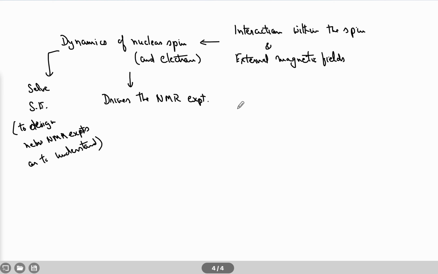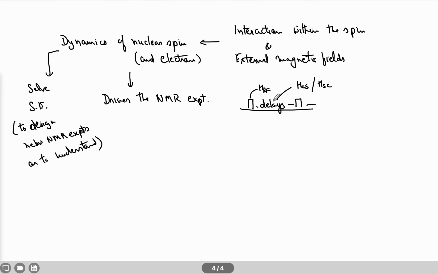So what is an NMR experiment? It is nothing but a series of RF pulses and delays. I'm showing a pulse using this square rectangle over here, and then a delay by just writing this delay. So any NMR experiment can be defined by these kinds of RF pulses and delays. During these delays and RF pulses, the Hamiltonian changes. For example, here the Hamiltonian will be the RF Hamiltonian. Here the Hamiltonian will be the chemical shift and scalar coupling Hamiltonian, for example.